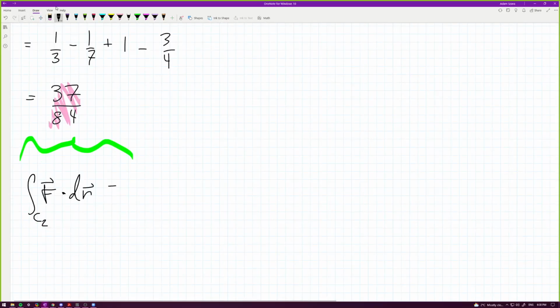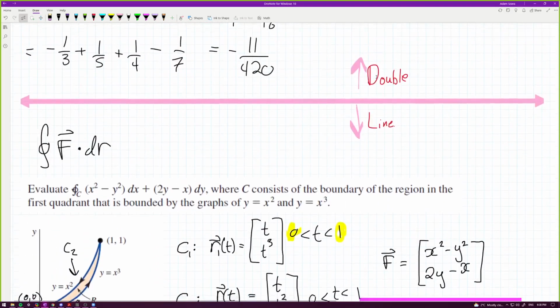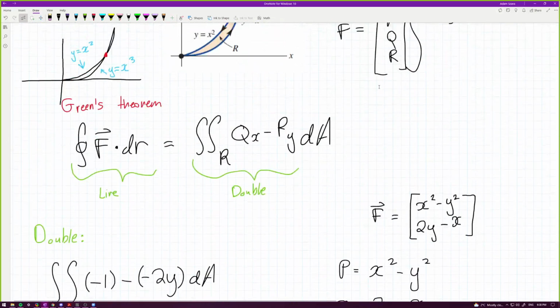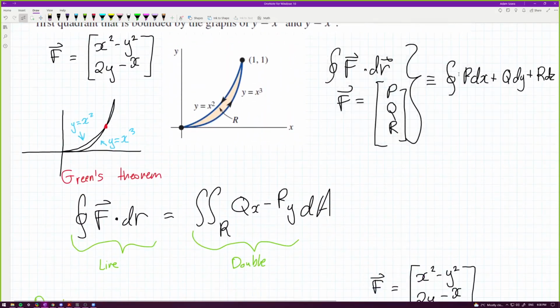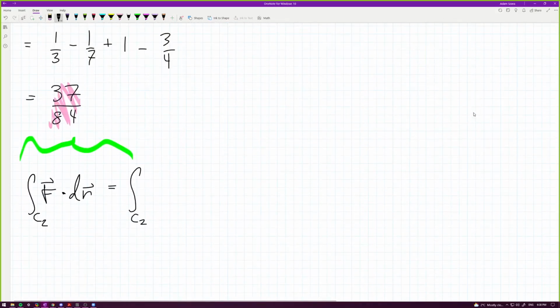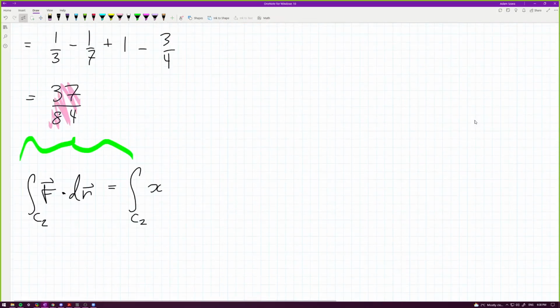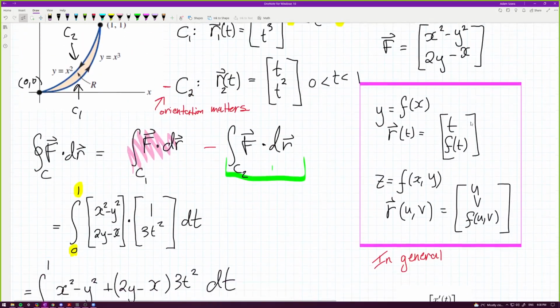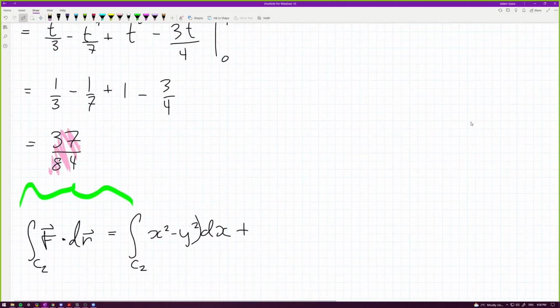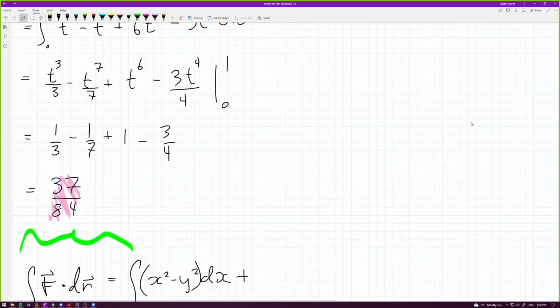So now I am going to do it in the other notation, which is actually equivalent. By other notation, I mean this stuff right here: P dx plus Q dy. P is x squared minus y squared, so x squared minus y squared dx plus Q, which is 2y minus x. Just to be clear, I'm going to put brackets around this: (2y minus x)